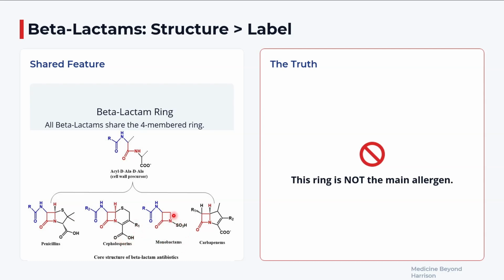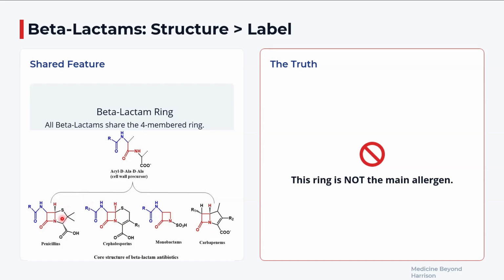In monobactams, there is a different type of side chain, R, and this also has an R2, and carbapenems have different R1 and different R2. So all these side chains actually determine the allergic reaction, and not the drug class. So beta lactam allergy: penicillin allergy is not equal to cephalosporin allergy, and penicillin allergy is not equal to aztreonam